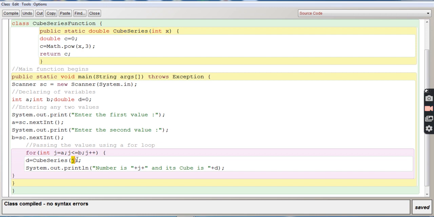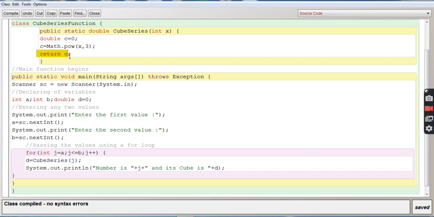So j was 4, so now x will also become 4, and it will calculate the cube of 4, 4 into 4 into 4, because of Math.pow. Math.pow is the mathematical function which will find the cube of this particular x, which is 4 now. That means 4 to the power 3, that is 64. You can write in the copy 64 so that you can check later on.